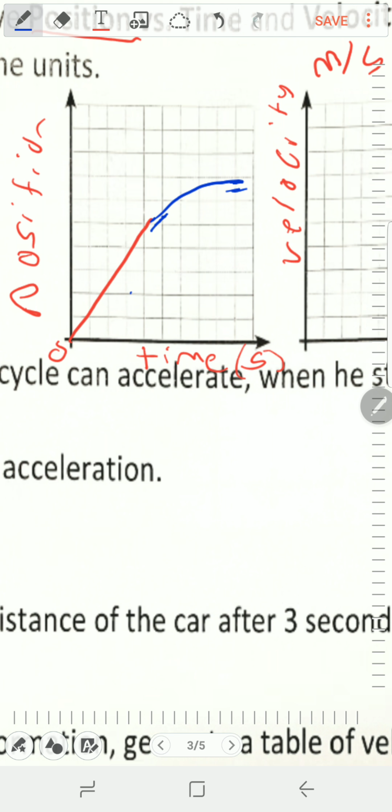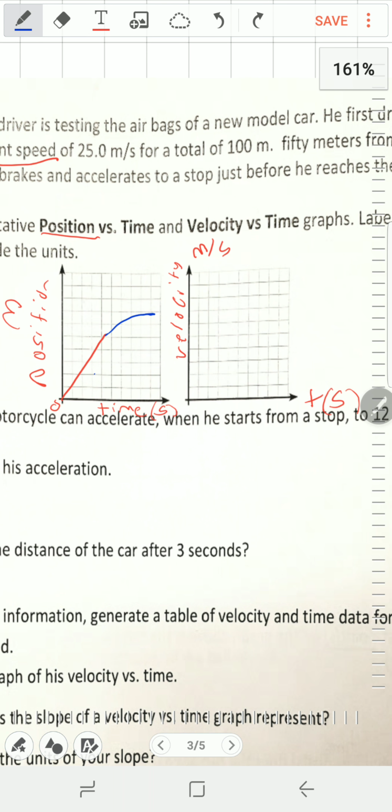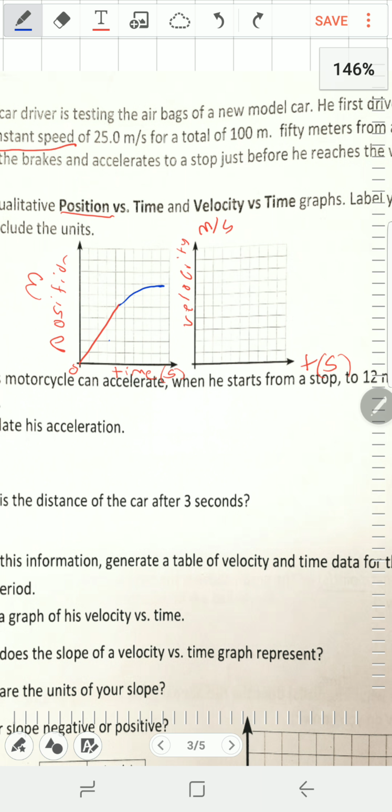Fast to slow is a slowing down, and it is that simple. I'm not trying to make something complicated simple. It is really that simple. Now let's go over to the velocity versus time graph. How do I transfer this? And again, what I ask my students is, first and foremost,